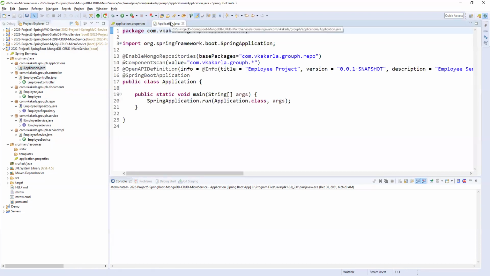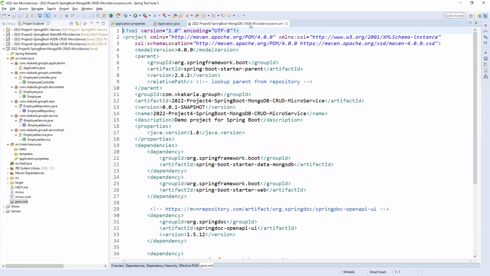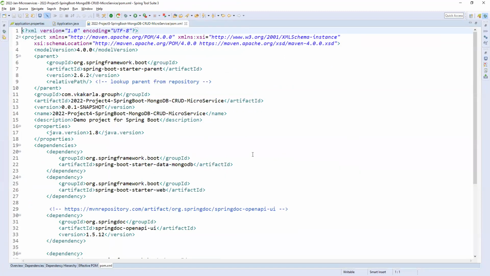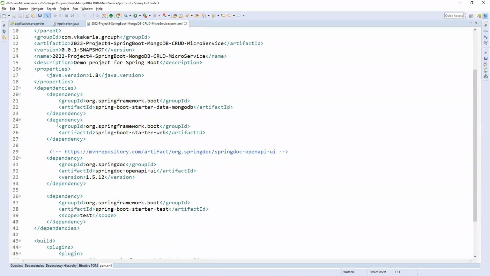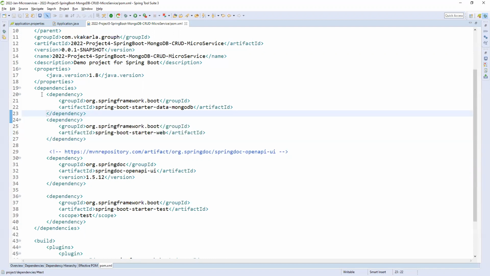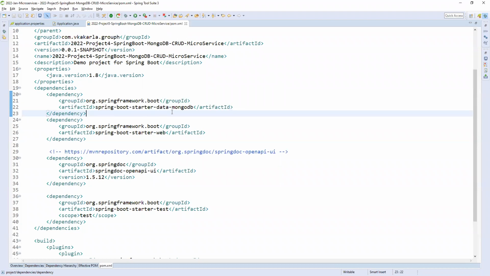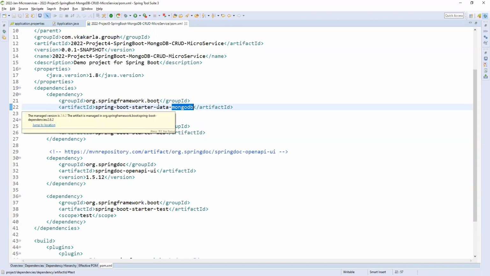Before coming to the application class, let's go to the pom.xml. In pom.xml, this web dependency we need. Previously we used Spring Data JPA for SQL databases. Now we are using a specific NoSQL database. Every NoSQL database has its own starter, because there are different formats of storing data.